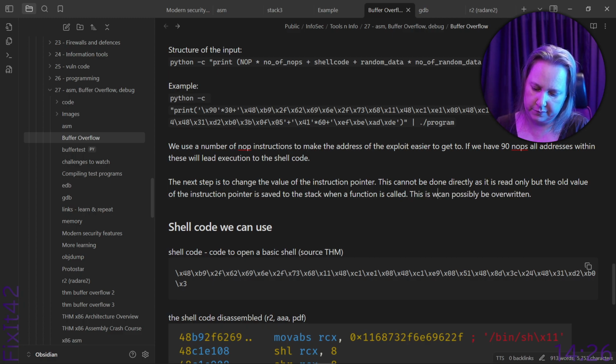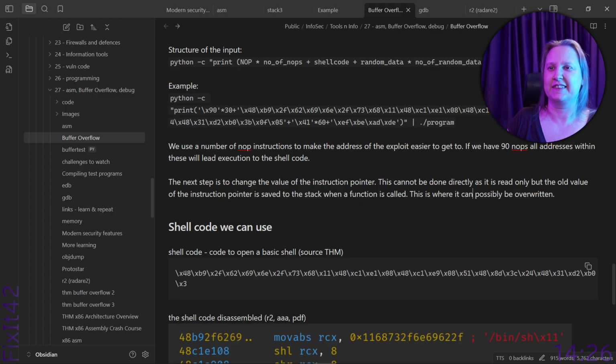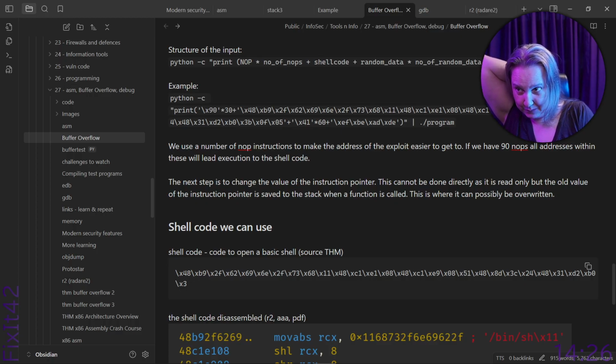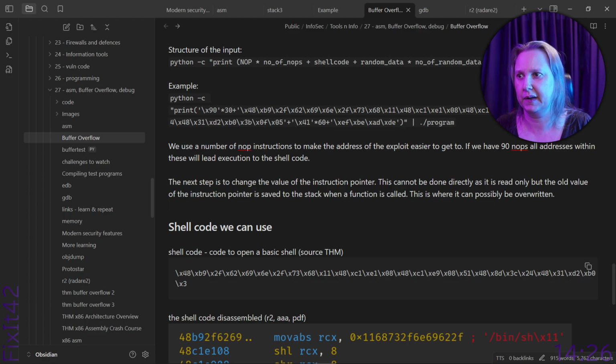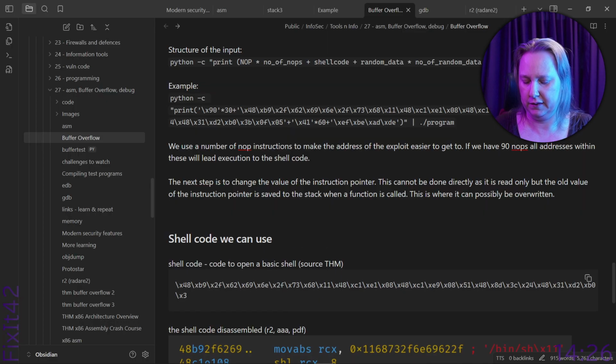This is where it can possibly be overridden. So that's why I read what I wrote. This cannot be done directly as it is read-only, but the old value of the instruction pointer is saved to the stack when a function is called. This is where it can possibly be overridden. Right? But to override it,